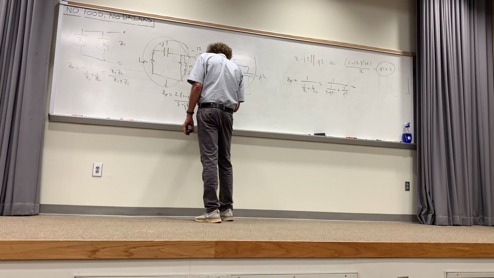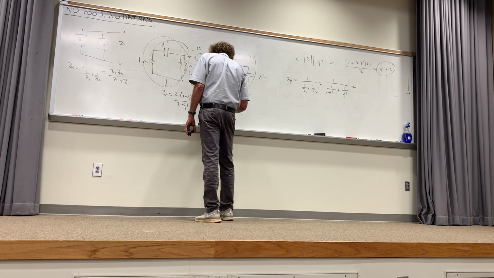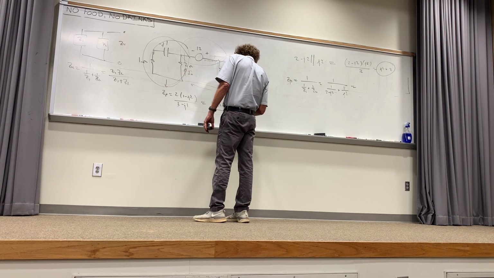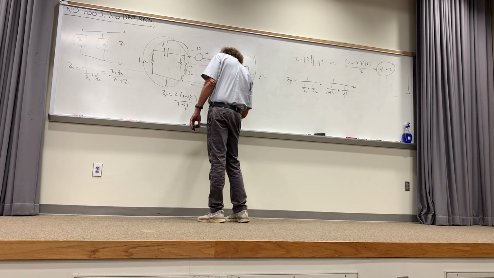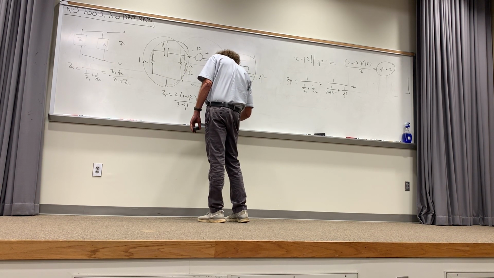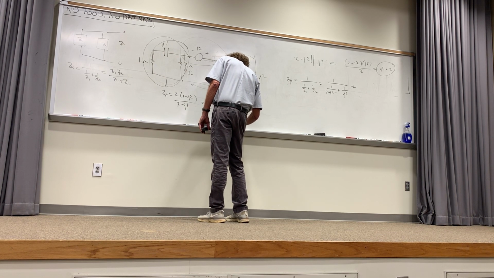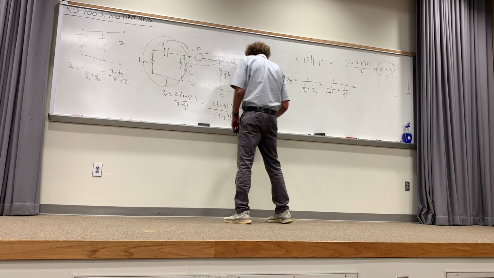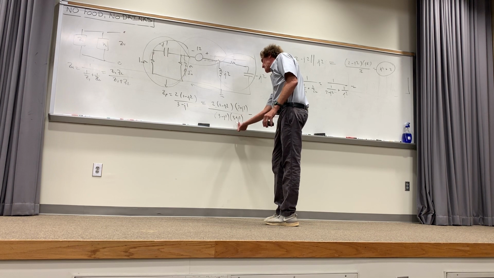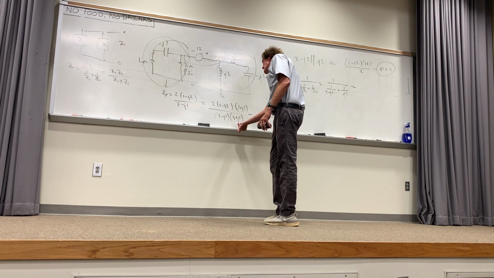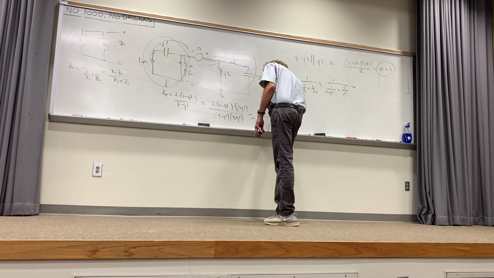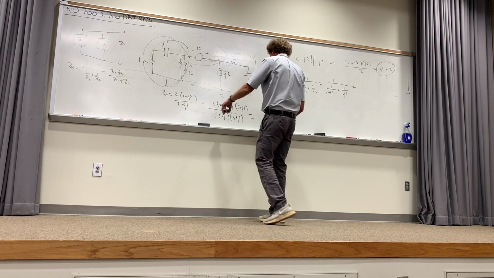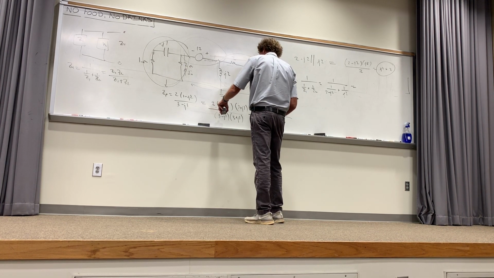This is really going to be 2 times 1 minus J2 on top, and 3 plus J1. Downstairs it's 3 minus J1 times 3 plus J1. Downstairs I get 3 times 3 is 9 plus 1 is 10, and on top I'm going to have 2 times